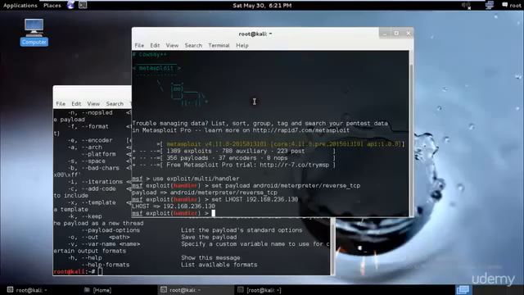And let the victim install this upgrader APK, as he would think it is meant to upgrade his phone with some new features. However, the option of allowance for installation of apps from unknown sources should be enabled. If not, then as soon as he goes ahead and runs this specific file, I can go ahead and type sessions -l